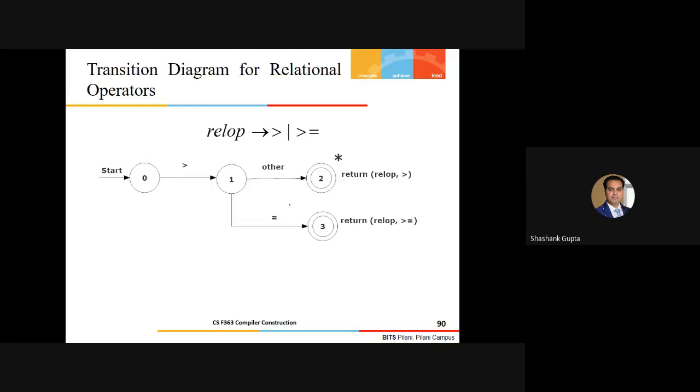But here it is going to coincide. So that's where we have to consider this flag: the character which we have just read and which has taken us to this final state should not be a part of the so-called lexeme. That should be thrown back to the input buffer. This is what we discussed in the last session, corresponding to how to write the implementation of these few specifications.